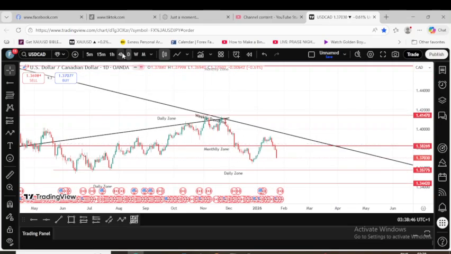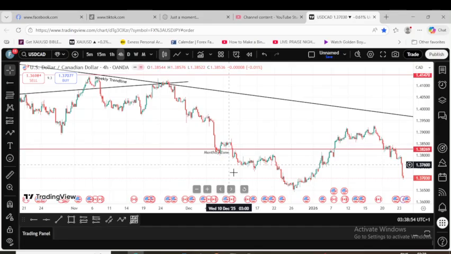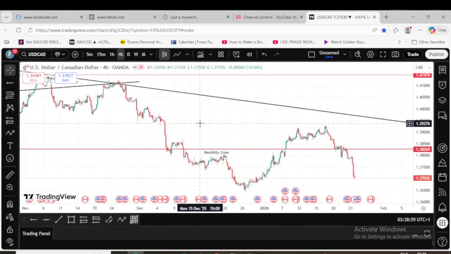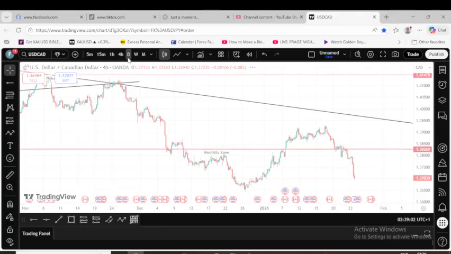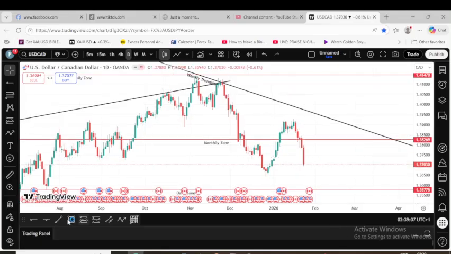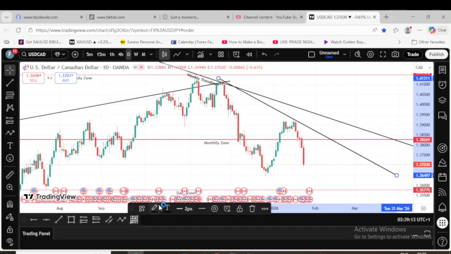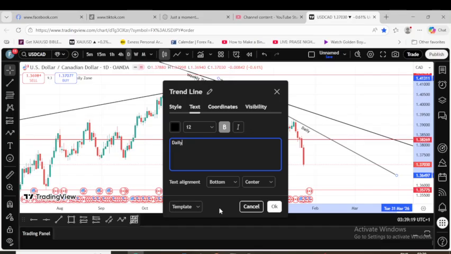And then go down to the 4-hour time frame and see how the price action looks here. Okay, so I'm a little bit uncertain. I can draw a daily trend line here, but I'm a little bit uncertain of where I should draw my trend origin, because